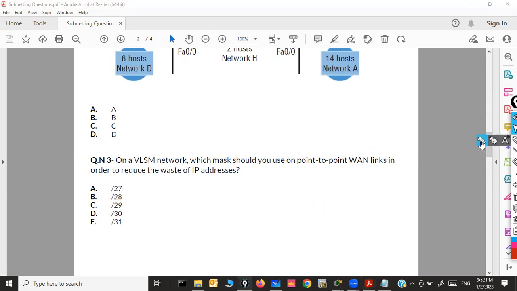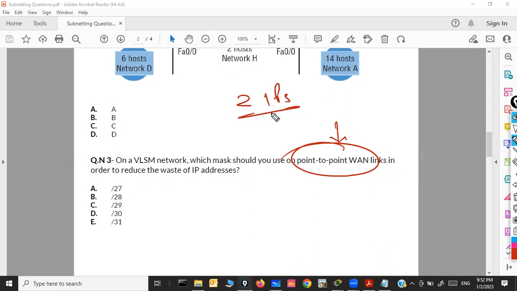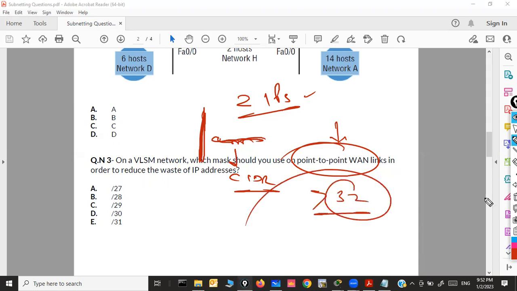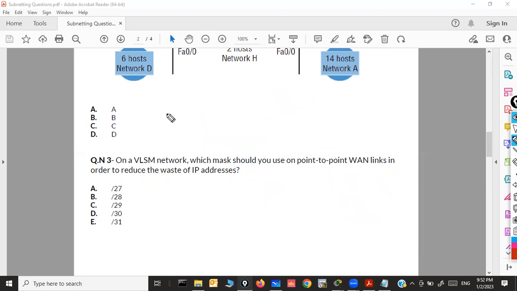And I believe you now understand the concept of a point-to-point WAN link. It means, indirectly, the question is about a very small network, if possible a network or subnet with only 2 IPs. And if that is the case, what would be the mask, the CIDR block value, this number? Of course, this number cannot go beyond 32; you understand that 32 is the maximum. So I'm taking a pause of 2 minutes. Do your computation and answer which option is correct.